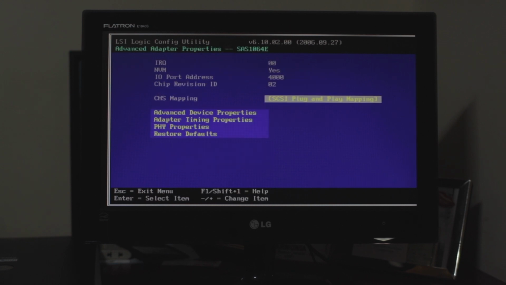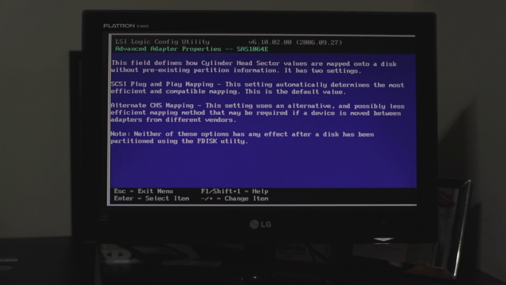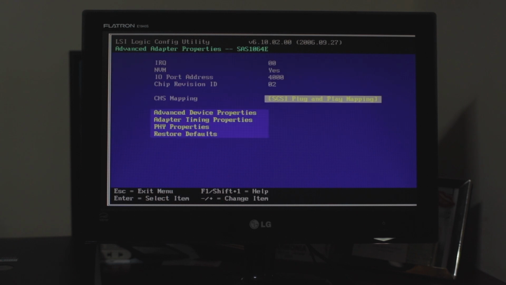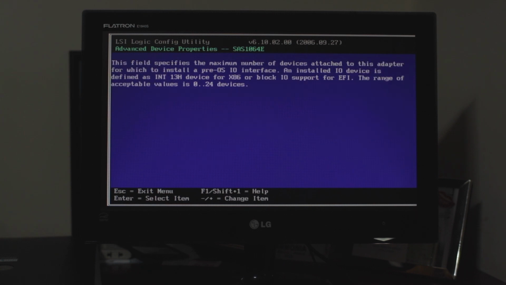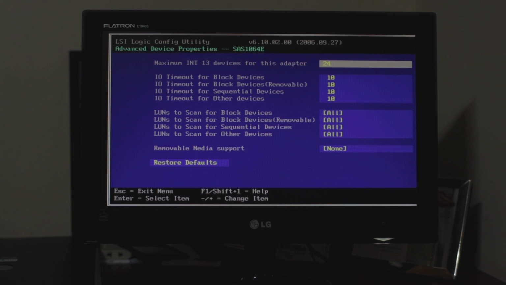SCSI plug and play mapping. Options are CHS mapping. Whatever. Advanced device properties. Okay, that's probably